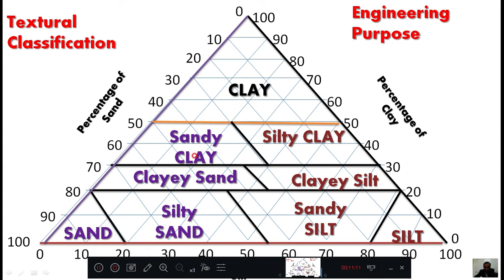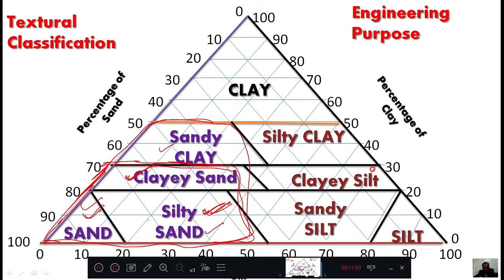Okay, here you can see this is a sandy clay because this region is somewhat sand. This is pure sand, and this sand is towards the silt side, therefore this is a silty sand, and this sand is towards the clay side, therefore it is a clayey sand. Understood? Sorry, this is not clay, this is sand. This portion is sand up to here, and this is pure sand, and near to the clay therefore clayey sand, near to the silt therefore it is a silty sand.